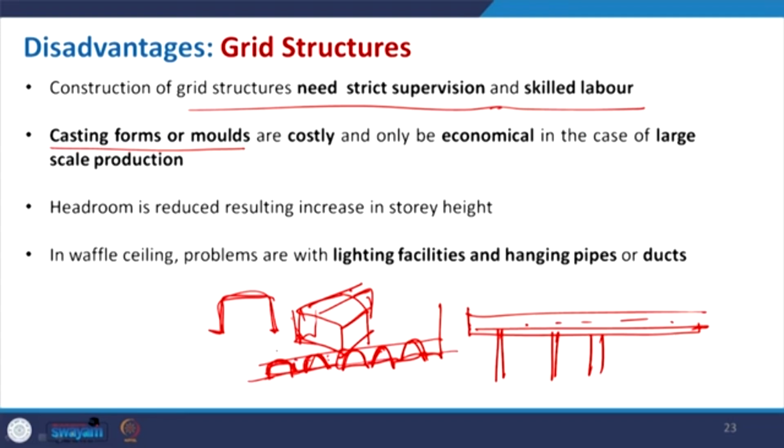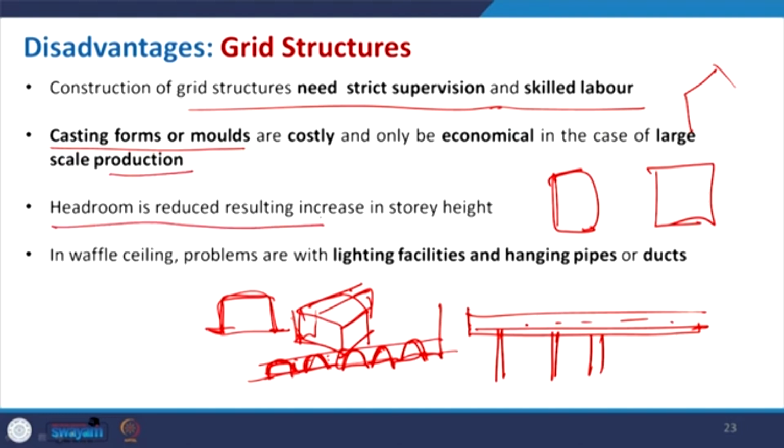Now, this is a very costly item because it has to be customized depending on the size of the grid, depending on whether you need a very sharp finish or something rectangular, or sometimes something hexagonal or diagonal, like a rectangle, triangle, or maybe hexagon. So, you have to customize it. Then it will not be economical unless there is large production. So, for a large number of uses, if the mold will have repetitive use, then it will be